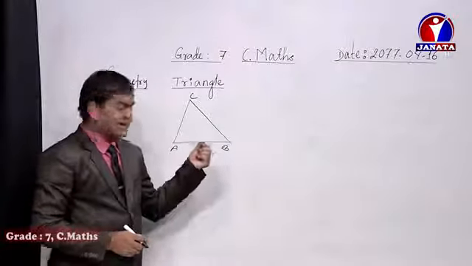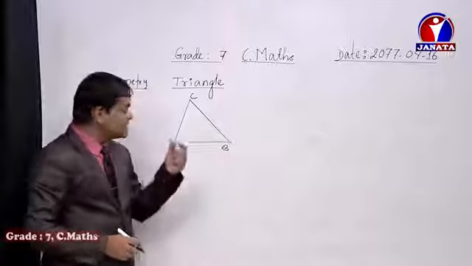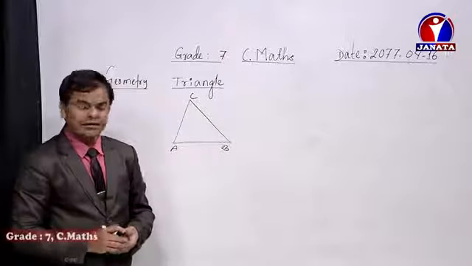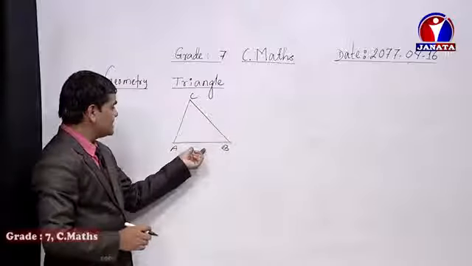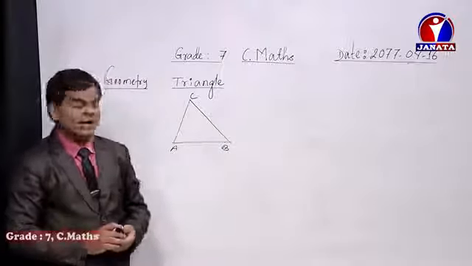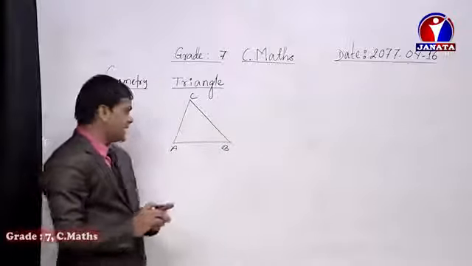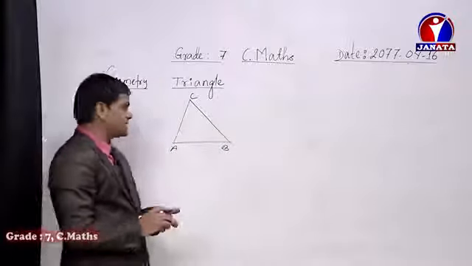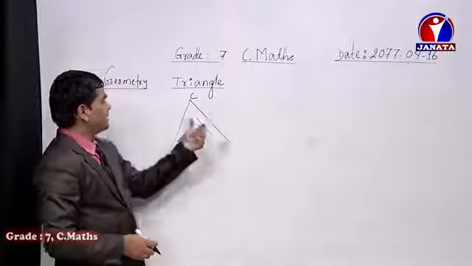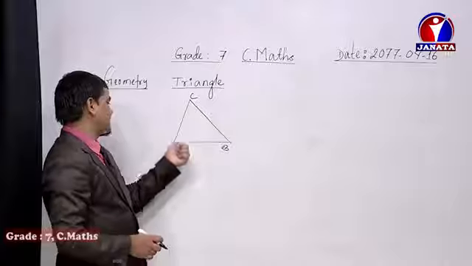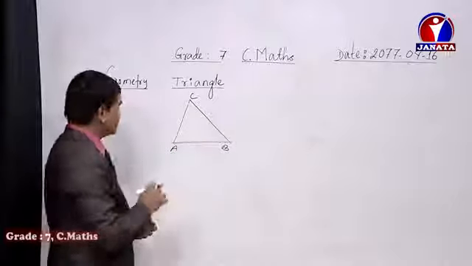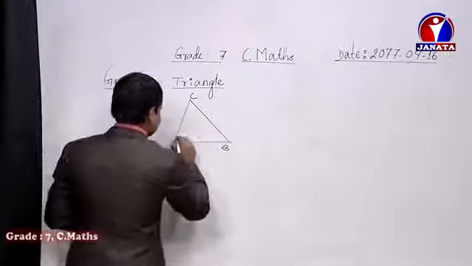Yes, dear student, it is a scalene triangle, because we don't know whether the measurements are equal or not. The sides' measurements are not fixed, and the angles are also not identified, isn't it? At that time, such a type of triangle we need to understand as a scalene triangle. Maybe the measurements of AB, BC, AC, as well as angle A, angle B, and angle C are different. So let's take an example, dear student.